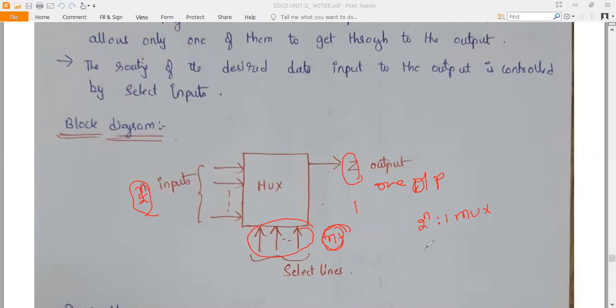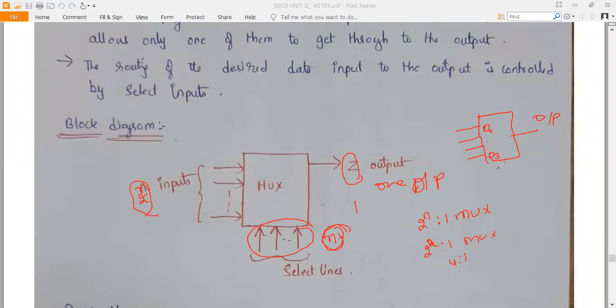For example, if I take n as 2, then 2 power 2 is to 1 mux, that is a 4 is to 1 mux. For a 4 is to 1 mux, how many selection lines do we require? It has only one output and 4 inputs, let me call them D0, D1, D2, D3.